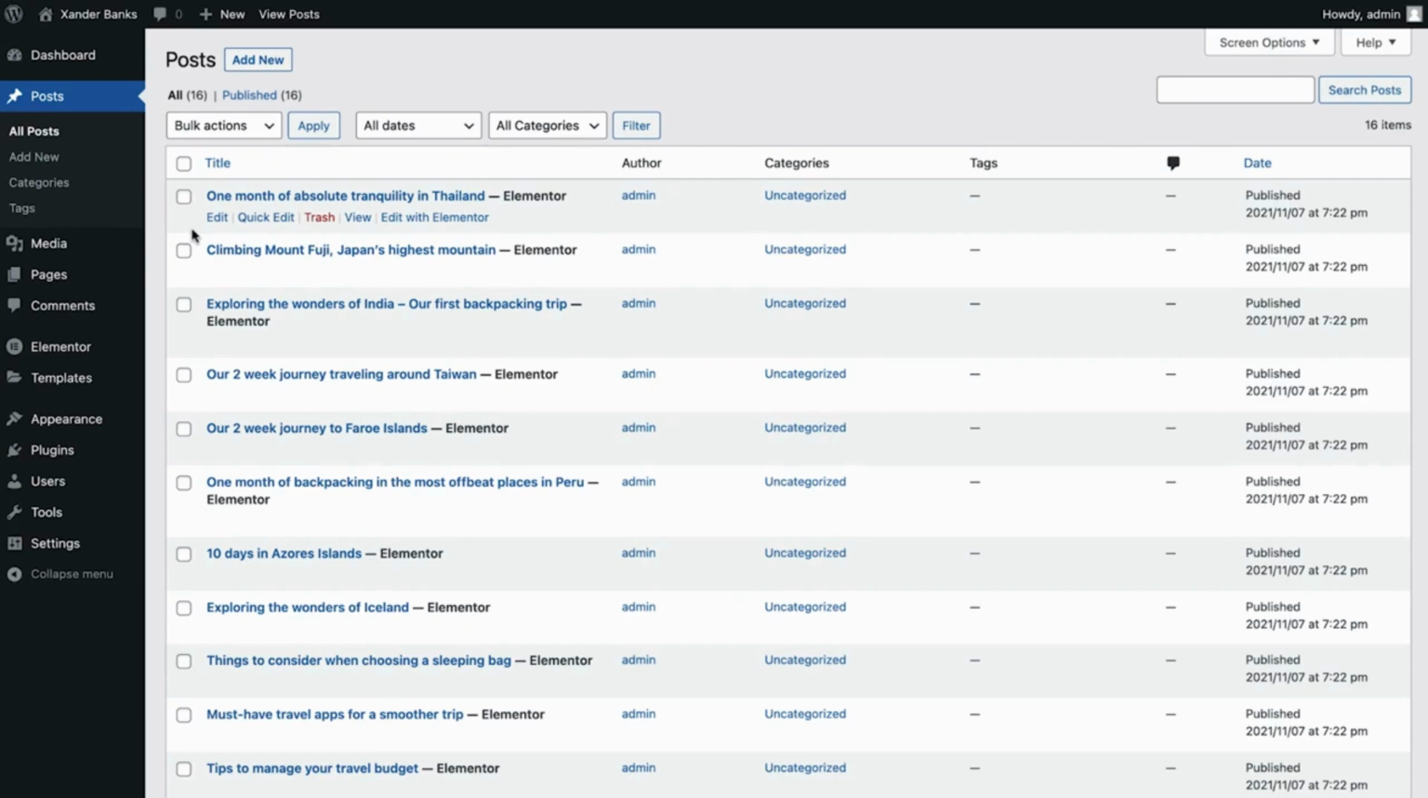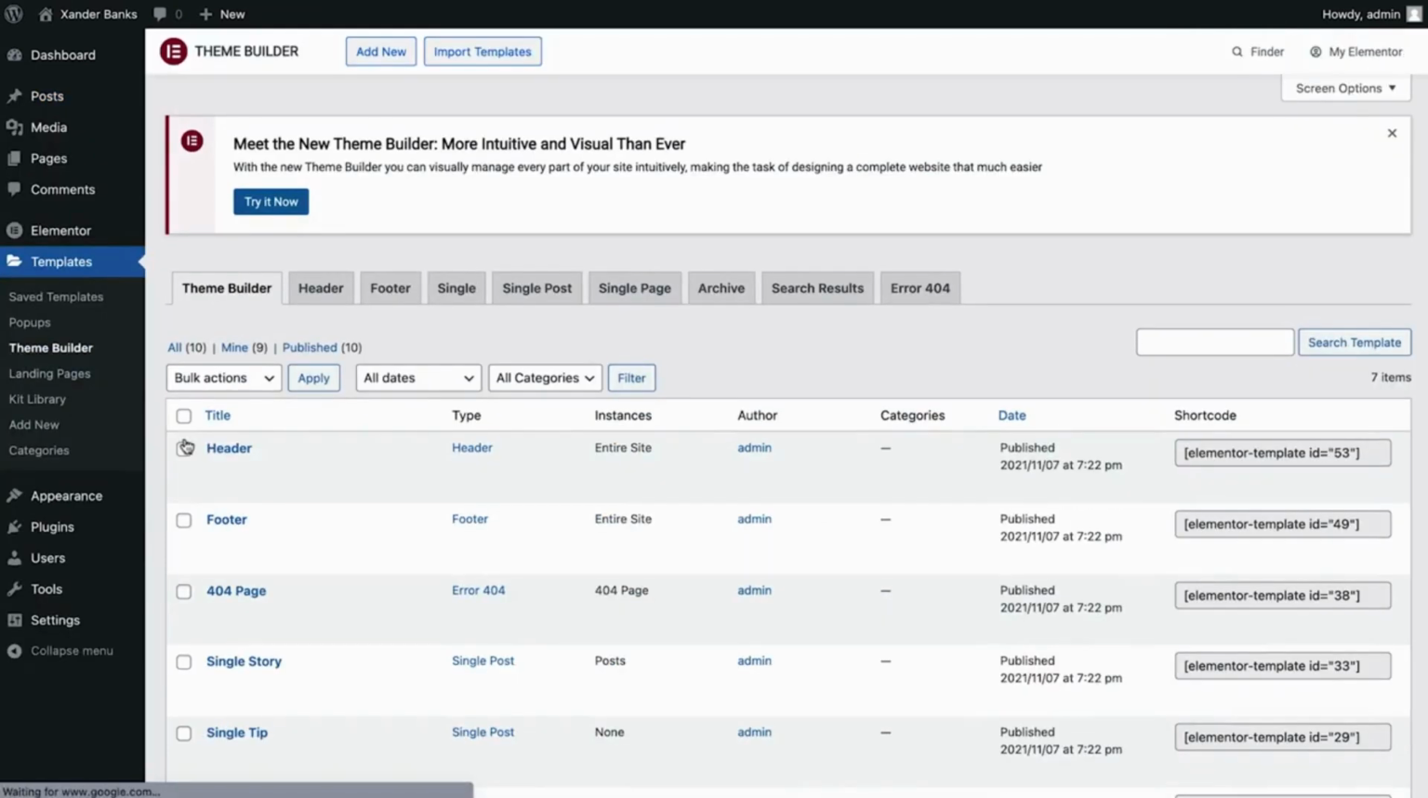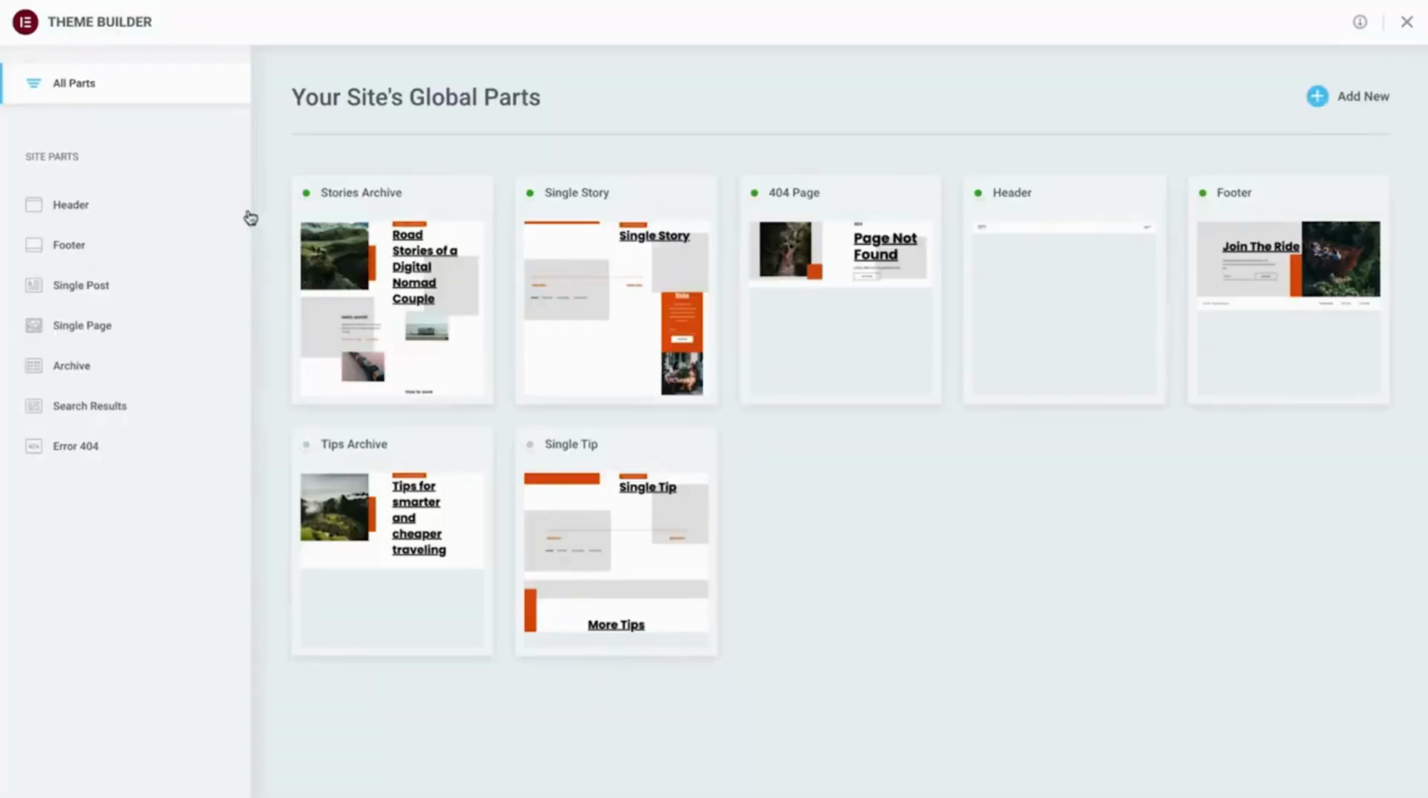Now let's preview all the imported site parts. We'll navigate our way to Templates, Theme Builder. We may encounter this legacy layout, which we can bypass to get to the new Theme Builder. It's divided into template categories for easy access. In our next few lessons, we'll get familiar with the new Theme Builder and learn how to edit individual templates